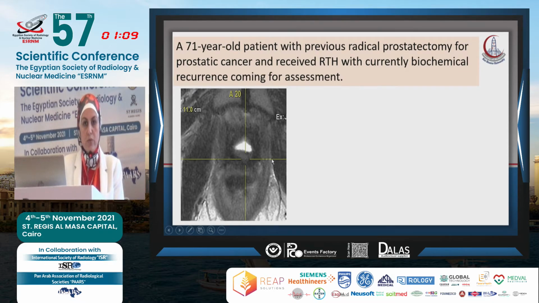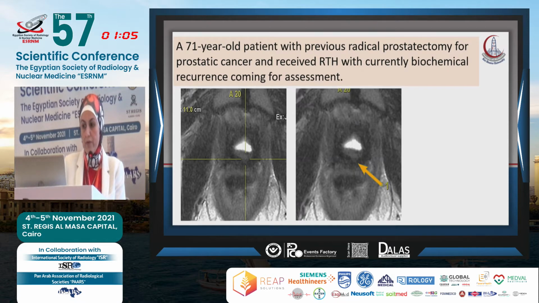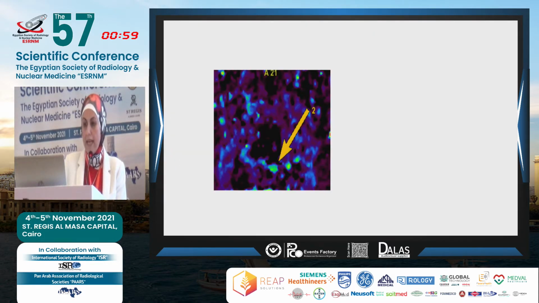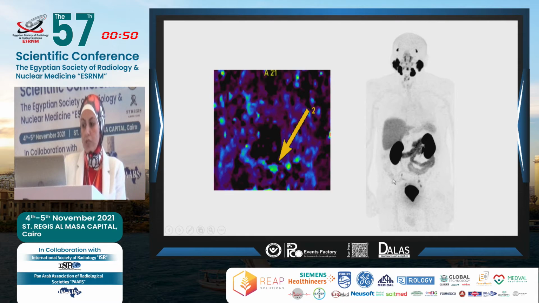And by this T2 image, this is suspicious for local recurrence around the bladder neck, which is a common site for local recurrence. And this is the sagittal image. Let's see the perfusion. This nodule appeared to be hyperperfused compared to the rest of the fibrosis around the bladder neck. And unfortunately, this nodule was completely masked by the PET image due to the tracer